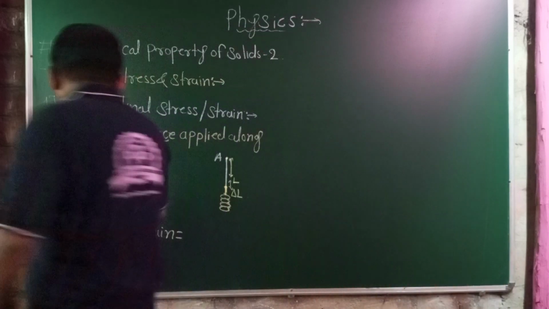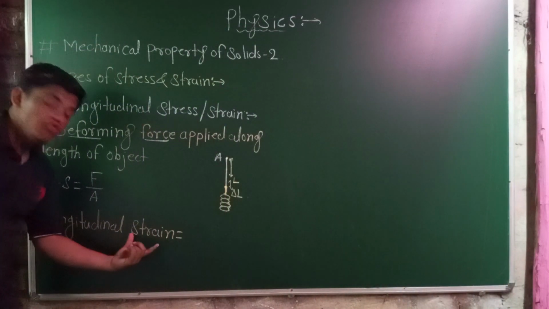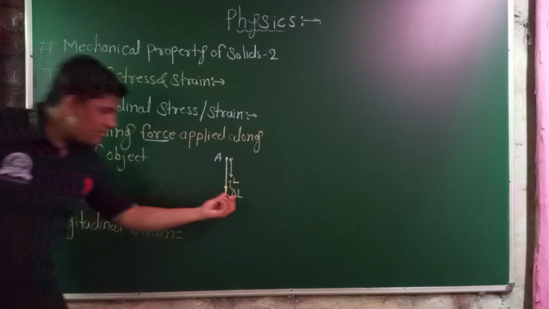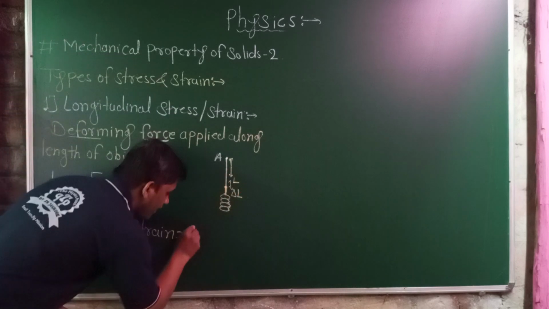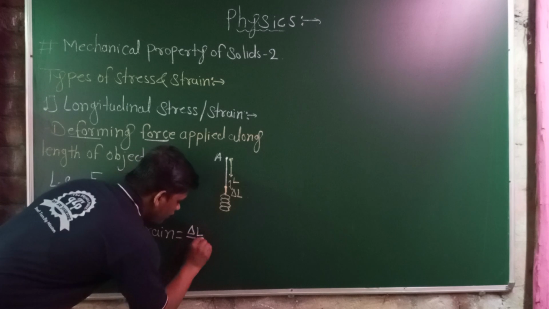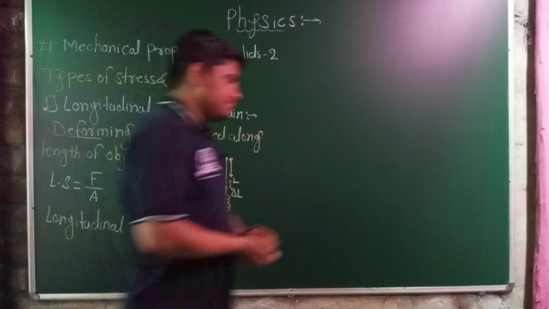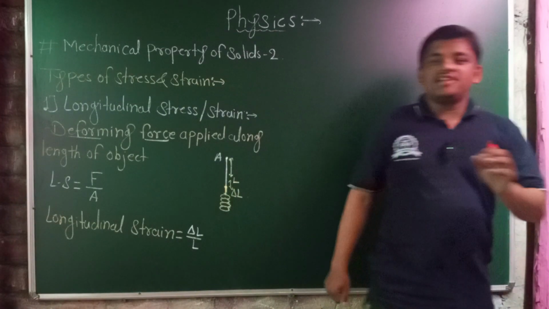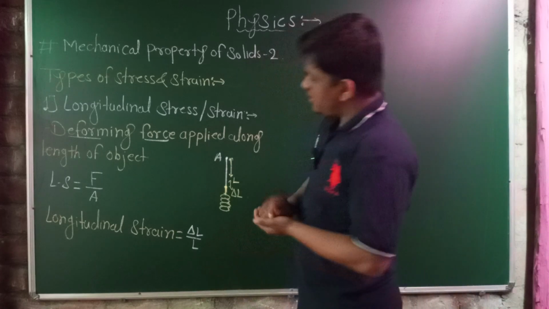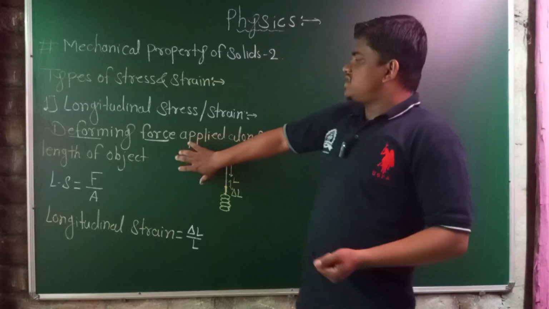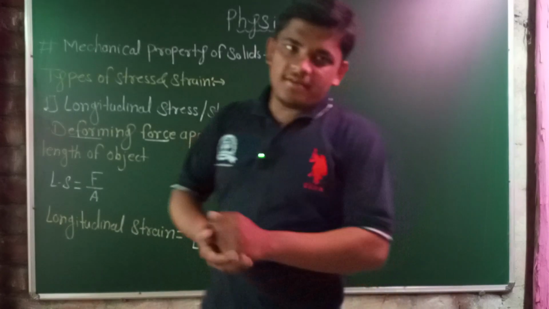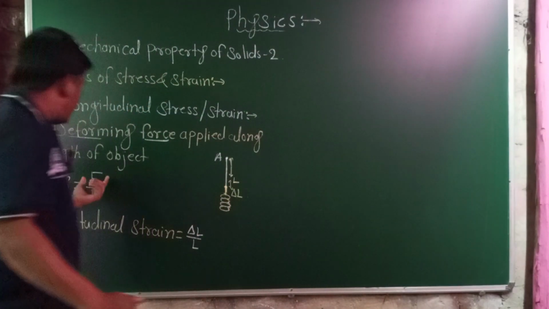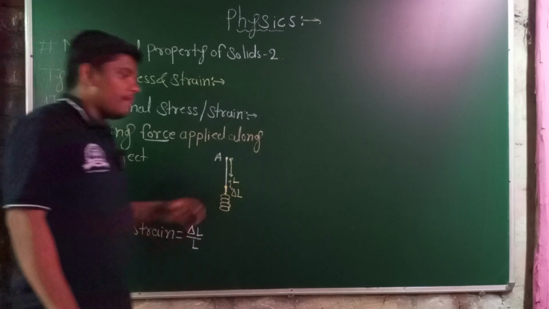Then the longitudinal strain. Strain is the ratio of the change in dimension to the original dimension. The change in dimension is delta L, and the original dimension is L. We know that strain does not have any unit. All types of stress will be the same. The formula for the stress will be the same because stress is the applied deforming force per unit area, and this